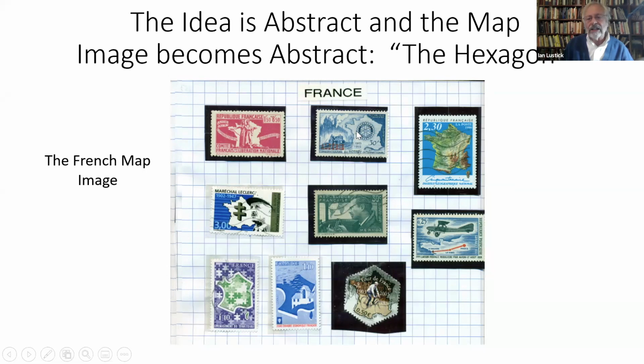Now, it's a hexagon if you count roughly the sides: 1, 2, 3, 4, 5, 6. And you can see how prominent it is in these stamps about France. But down here in the more recent stamps, you can see how abstract it's become. It's really the hexagon. Of course, it was a problem when France declared that Algeria was a part of France,